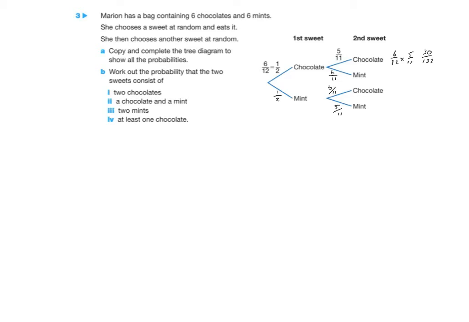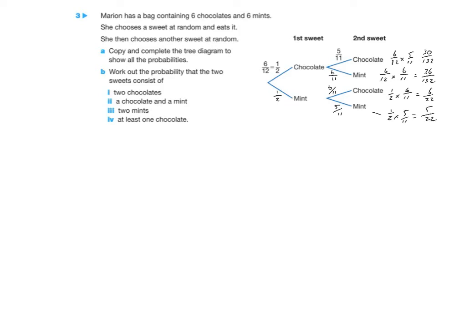Is that right? 11 times 12, yeah. Mint is going to be a 6 over 12 times 6 over 11, which is 36 over 132. Chocolate, mint, and then a chocolate is going to be a half times 6 over 11, which is 6 over 22. And this one down here is going to be a half times 5 over 11, which is